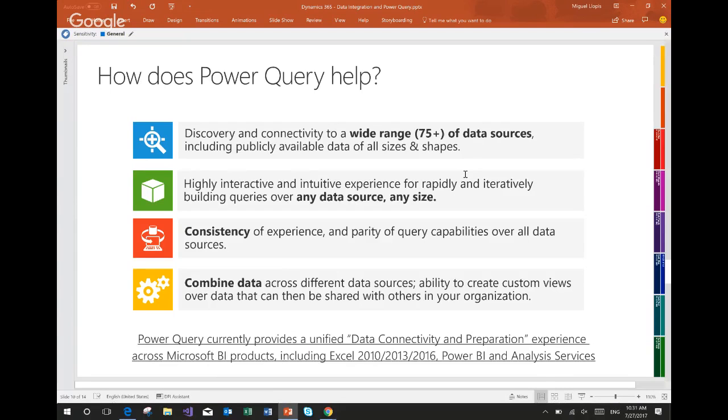What gets interesting is that off of that query language, the M, at runtime, we try to push down as many operations as we can to the underlying data sources.